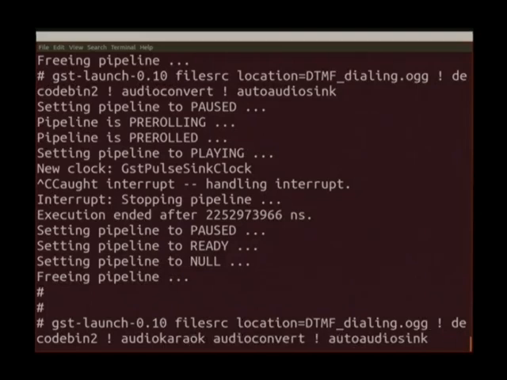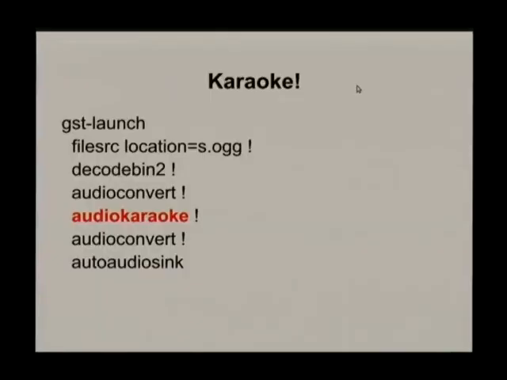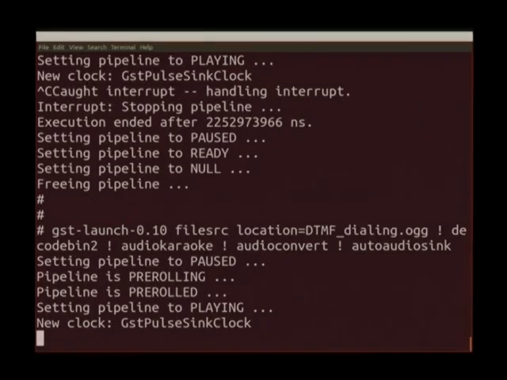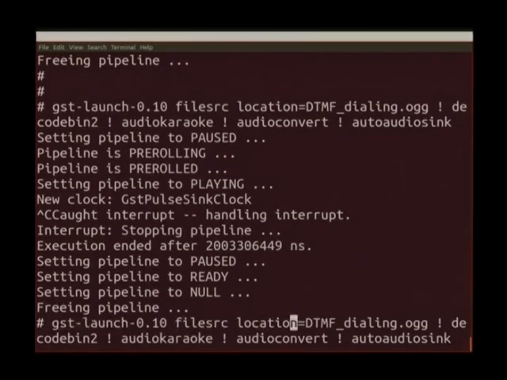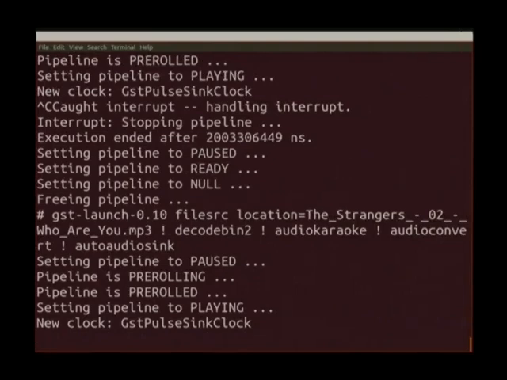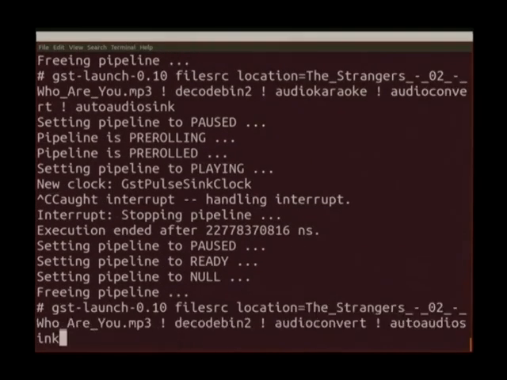That's your dial tone. Does that have audio in it? That doesn't have a voice in it. Karaoke. I think I spelled that right. That's my dial tones, as you were saying. That's the wrong file. Sorry. So if you listen carefully, the voice, you can still kind of hear it, but it's much more suppressed, so I could sing over top of this. The reason it's quiet is because I turned down the volume on my computer so you're not so double deaf. And just to compare that to